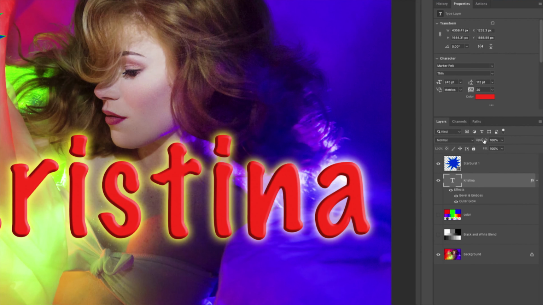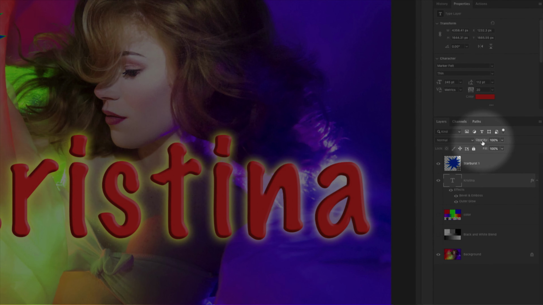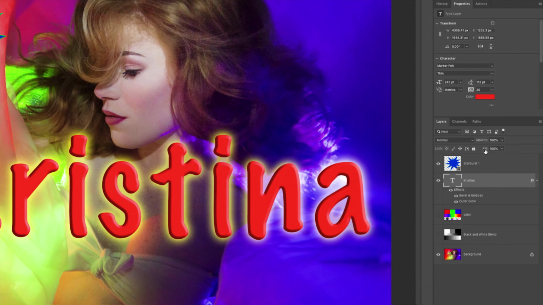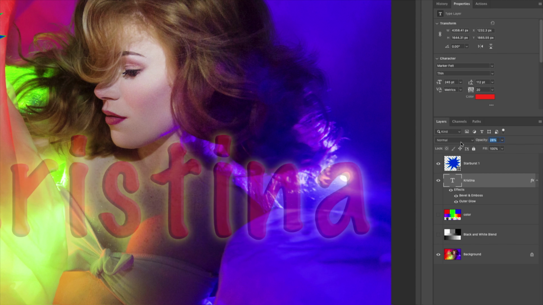Over in our layers menu, we have opacity. We have a slider for opacity, and we also have a slider for fill. And a lot of people, the first time they play around with this, think, oh, well, it's basically the same thing. What's the difference? Anytime you have a stroke or anything going on around the outside of your layer, if you decrease the opacity, it's not only going to decrease the pixels themselves, but it's going to decrease the effect, or what's inside it and what's outside it.